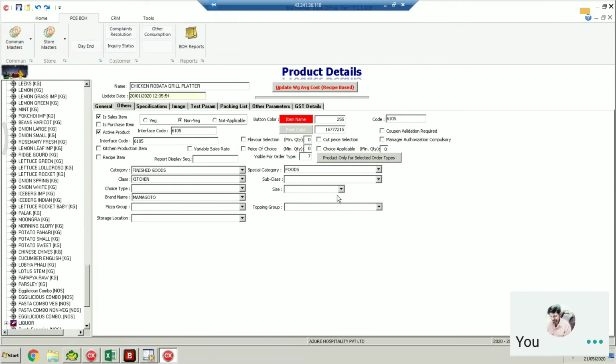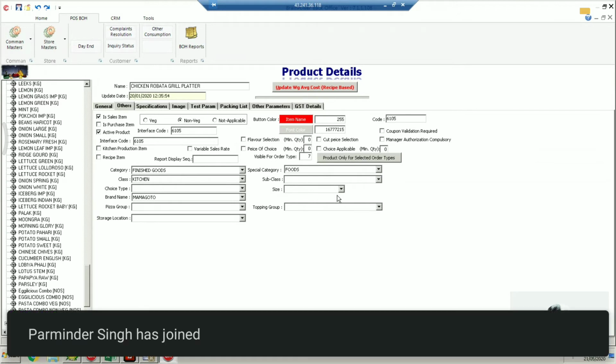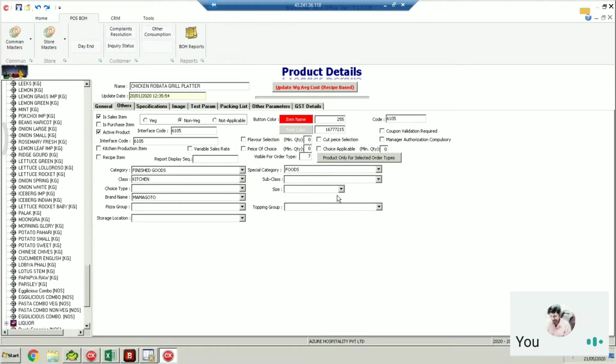But if you are planning to go with the menu, then we'll have to revamp our complete POS menu also, because on the POS it is still required, but for displaying the menu on the portal, we'll have to re-engineer the menu. I'll be sharing all the menus, how they have to be displayed and have to be available for POS also. Later on you guide us how we have to create. We'll do the same.